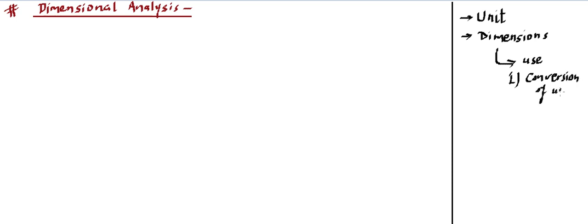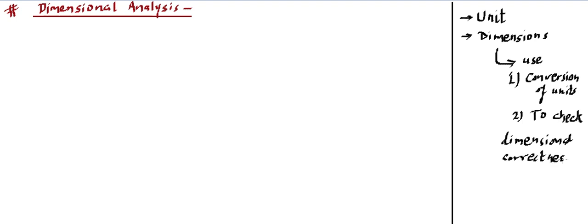So if we want to convert from one unit system to another, we can use the dimensional analysis or dimension. And the second that we talked about, to verify a given physical equation. So that means it is used to check dimensional correctness of a given physical relation. Dimensional correctness. So we can check the dimensional correctness of an equation that is given to us or a relation that is